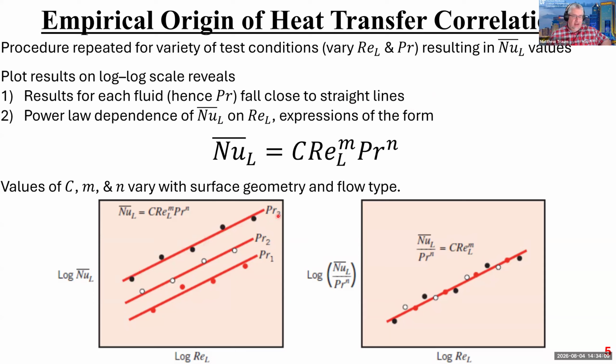Each line is representative of a different Prandtl number. So basically a different fluid, right? Something with a different viscosity, different thermal diffusivity, different Prandtl numbers. But each one of those fluids